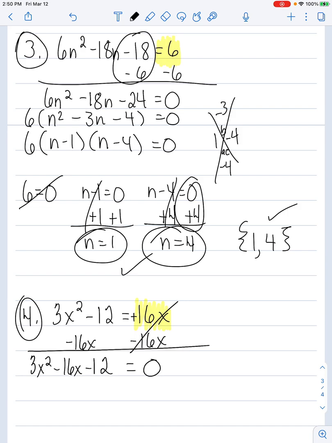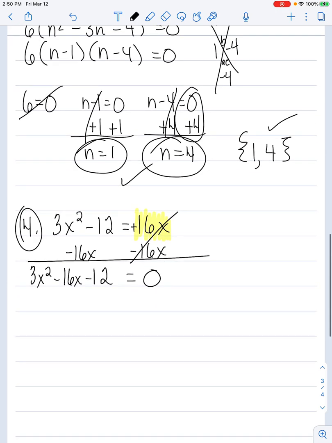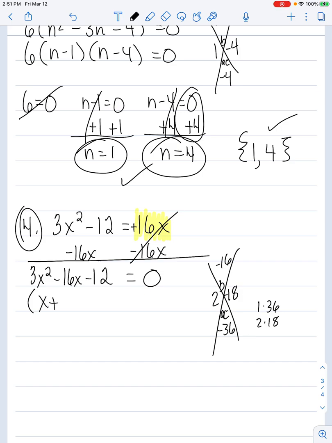Now let's factor to solve our equation. I can't factor out a GCF, so it looks like Magic X has your back with slip and slide will help here. So I have negative 16. 3 times negative 12 is negative 36. So let's look at our factors. 1 times 36, 2 times 18, and I actually can stop right there. If I make the 18 negative, that gives me what I need. So my 2 factors are going to be x plus 2 times x minus 18 equals 0,